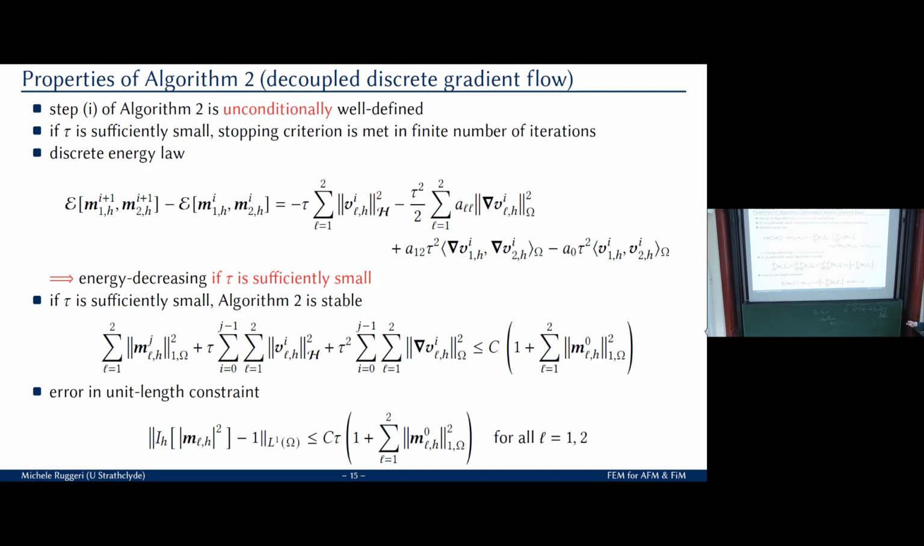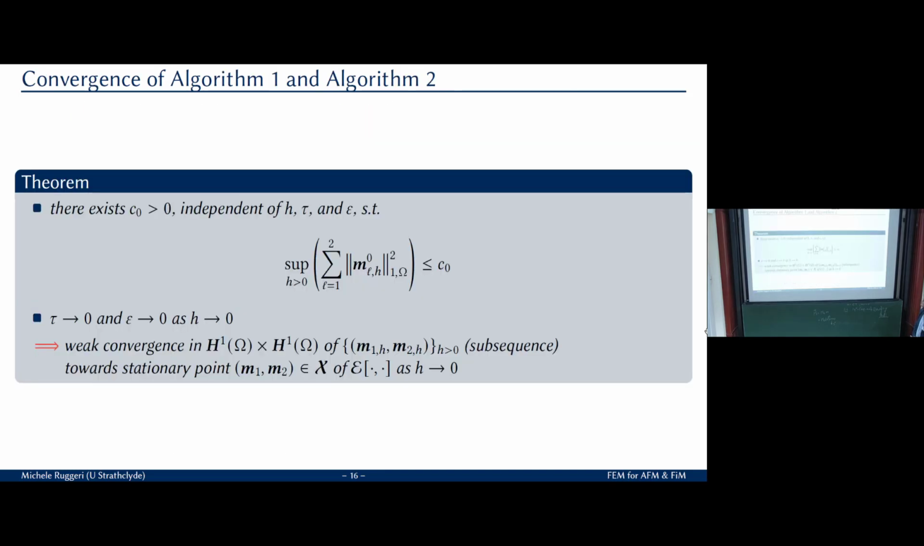The rest is the same, excluding the discrete energy law, which now you see is spoiled by two additional contributions. But again, you get the energy decreasing property if tau is sufficiently small, because these are higher order. So you see a tau squared here. So if tau is sufficiently small, you can incorporate these two into these two, and you get what you want, energy dissipation. Nice, so we have two algorithms, and for both of them, we can prove the following